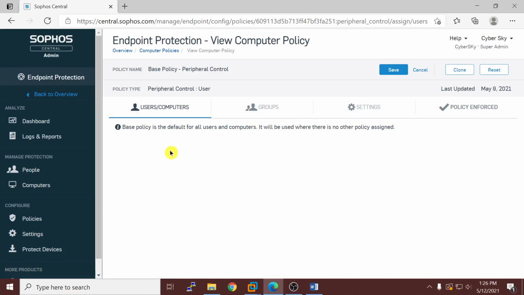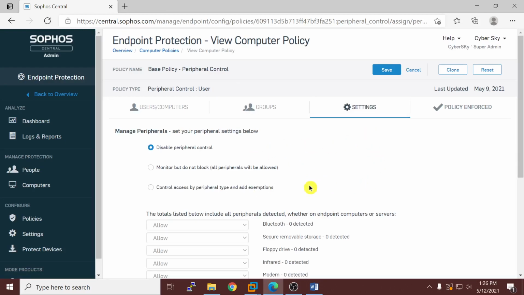Since this is the default policy, we cannot delete it, and we also cannot add users, computers, and groups here. But we can change the policy settings if we want, and we can also clone this policy.